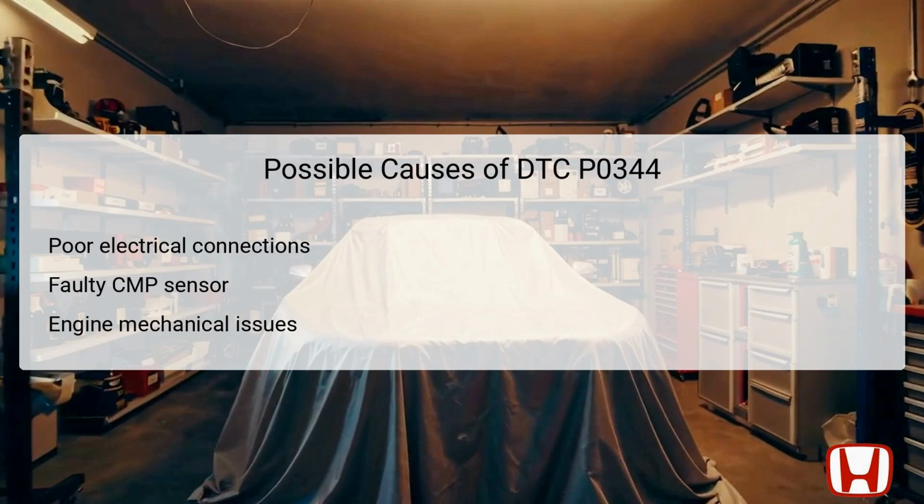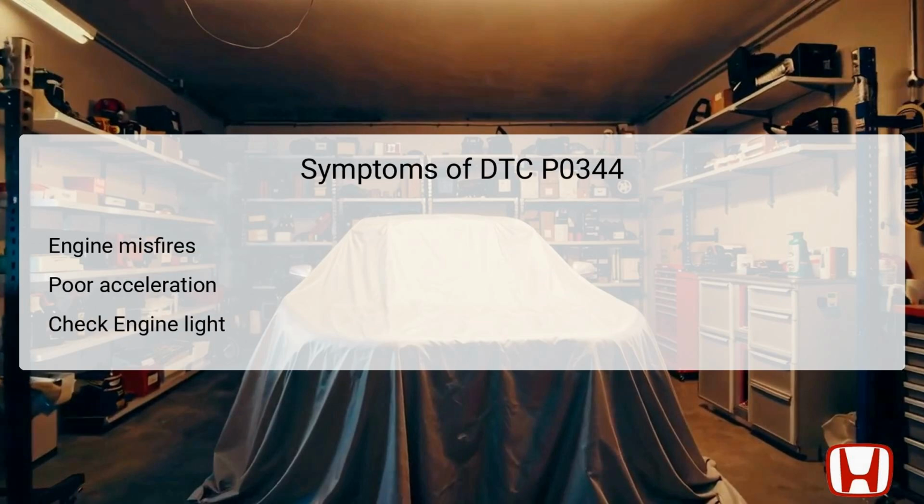accurate diagnosis. Drivers experiencing DTC P0344 may observe various symptoms affecting vehicle performance. One of the most common symptoms is engine misfires, where the engine fails to fire correctly, leading to rough idling and decreased power. Poor acceleration can also be noticed, as the engine struggles to deliver power efficiently due to incorrect